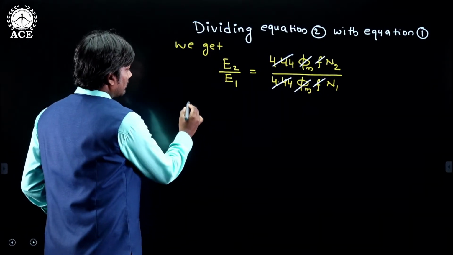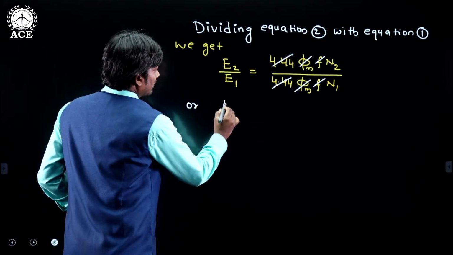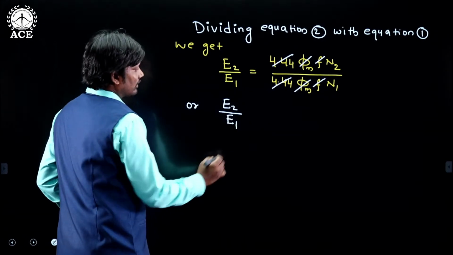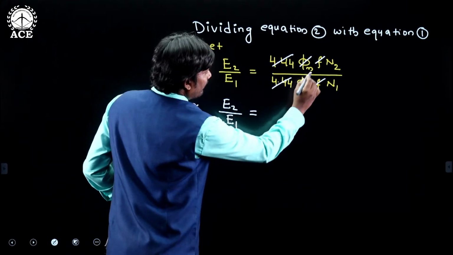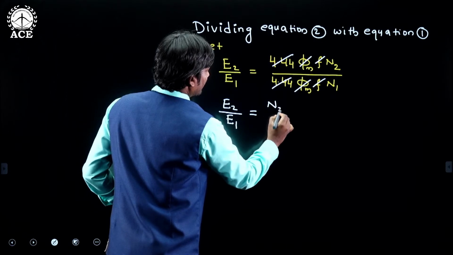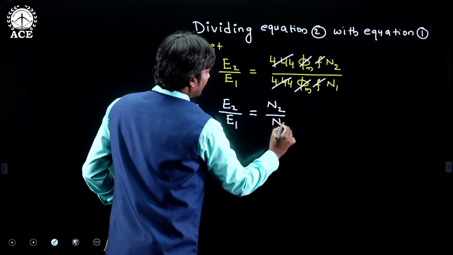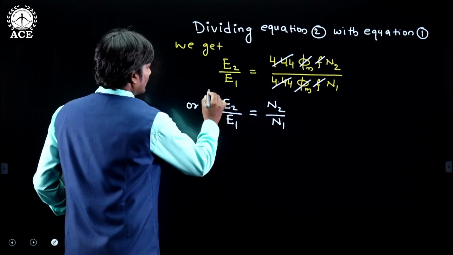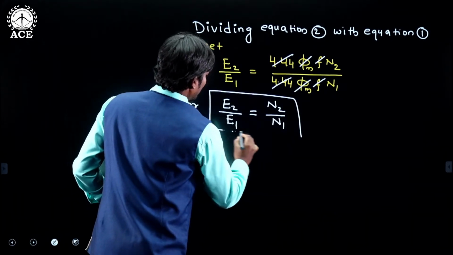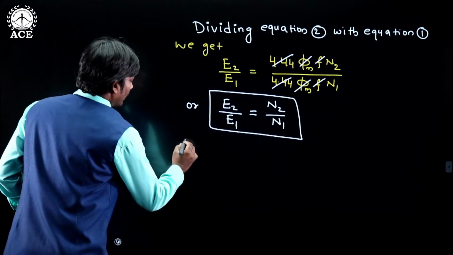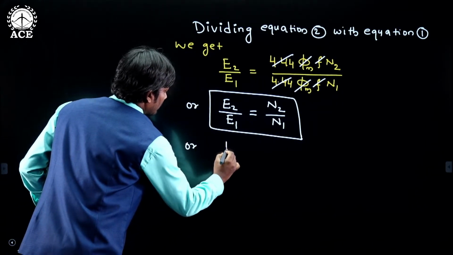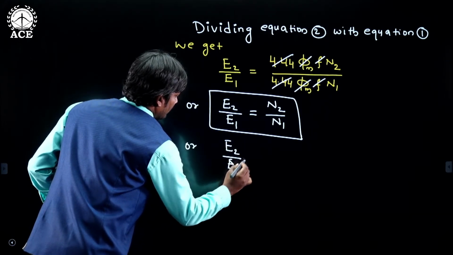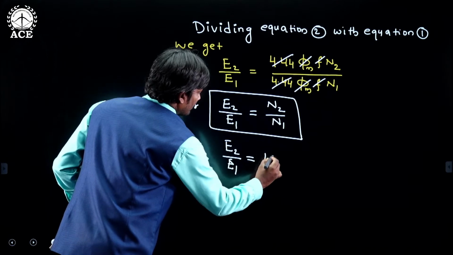Or E2 by E1 is equal to N2 by N1, or E2 by E1 is equal to K,